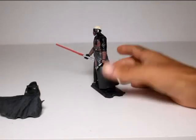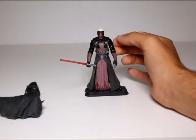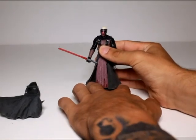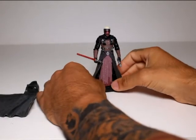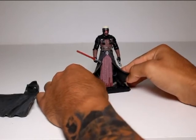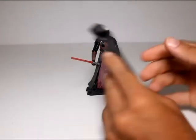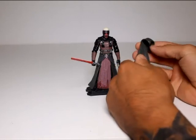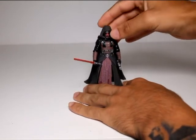I'm not sure what's up with his head. I never understood that bald head for some reason, but I'm very happy that I own this guy. Doesn't have the greatest amount of articulation in the legs, but with this robe you weren't going to be using that too much, I don't think, but you do have sculpting and paintwork in under there as well, so that's very cool. In this sort of malleable soft plastic hood and cloak, just attaches on under the chin,